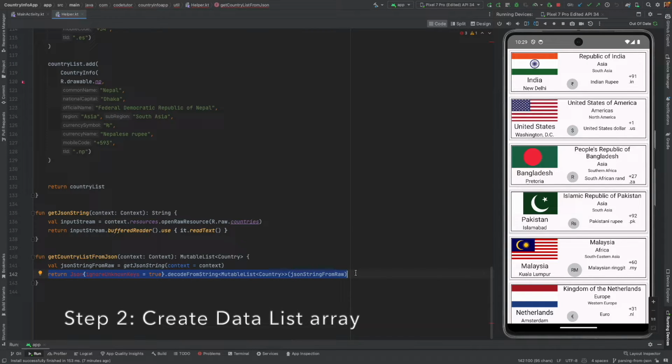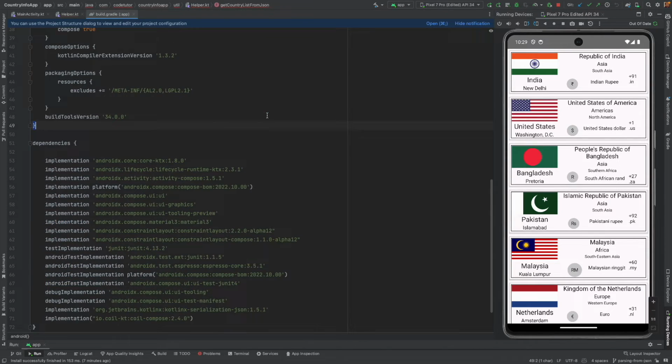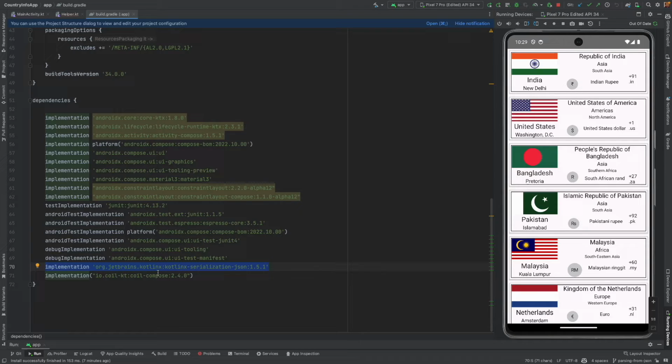To parse this JSON string, I am using Kotlin's native JSON serialization library. If you are wondering what it looks like, let me go to the build.gradle file. This is the library that I am talking about, that is Kotlin-based serialization. You can use various other libraries that are already available, which will help you do pretty much the same thing. There is Jackson, there is JSON, which were very popular in the Java world. You can definitely find the same libraries compatible with Kotlin, but I have started using this Kotlin serialization library because